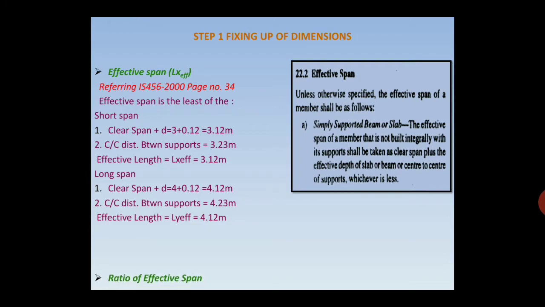So moving further, we will find the ratio of effective spans, which is termed as small r, which we will require later when we calculate the shear force. Okay, effective length ratio, Ly effective upon Lx effective. Okay, this is the effective length ratio. Sorry, I missed the term ratio there, but while making the notes, it is the effective length ratio denoted by small r. So we get that value as 1.32.